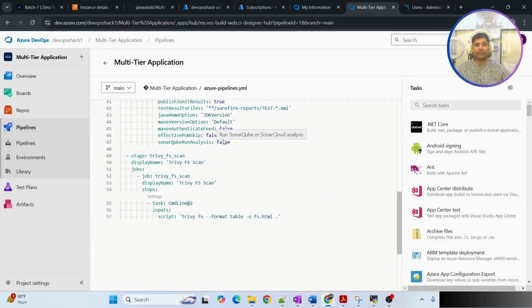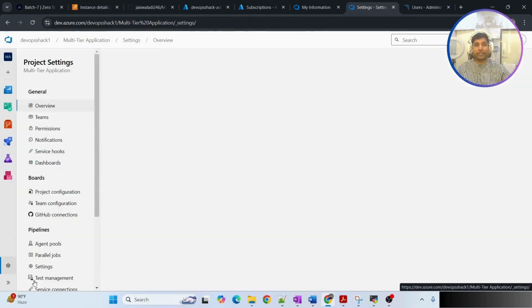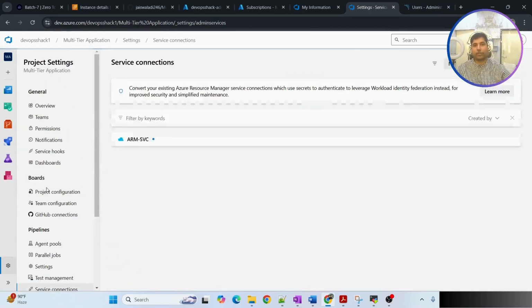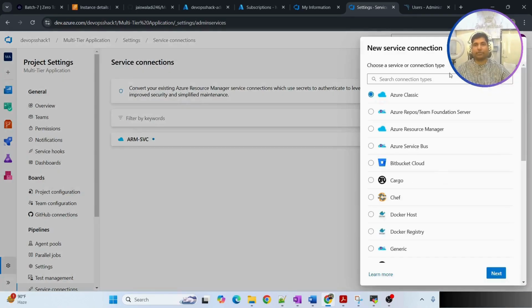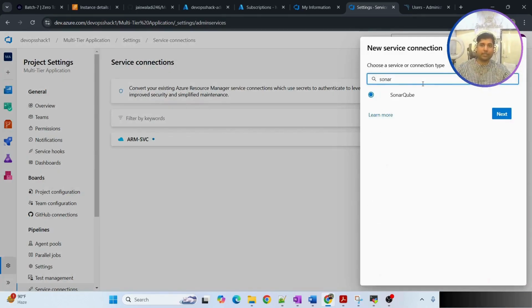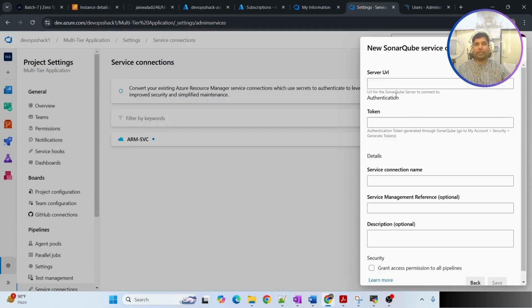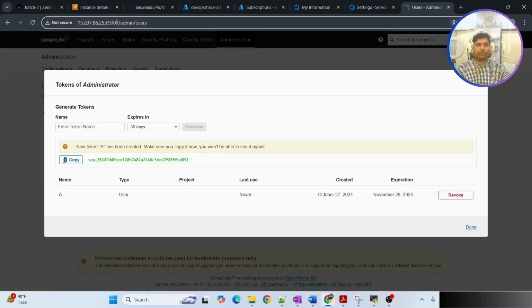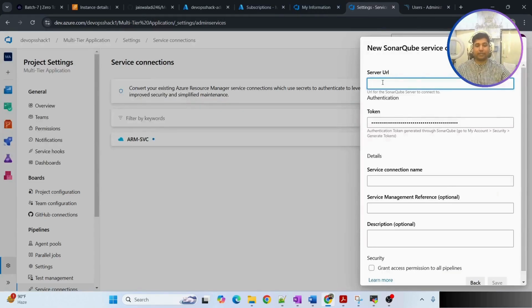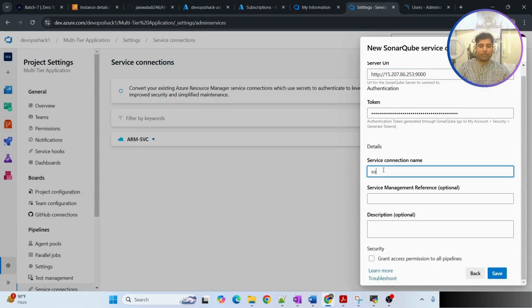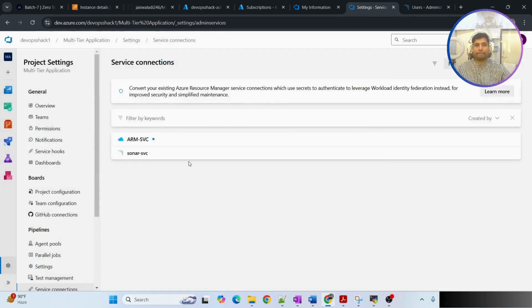Now we can go back here. Here we need to go to project settings, scroll down to service connection. So for this also we have to create a service connection. Click on new service connection, search here for Sonar, and this option comes. Click on next, server URL. First we can paste the token, then the server URL. The server URL is this one, so I can copy till 9000. Okay, connection name, so we are going to provide the connection name as sonar-svc. I want to give permission to all and click on save. This is created. Now we can go to our pipeline,